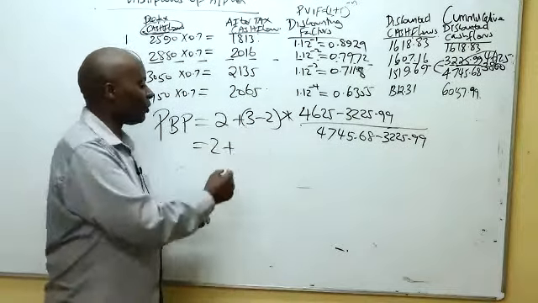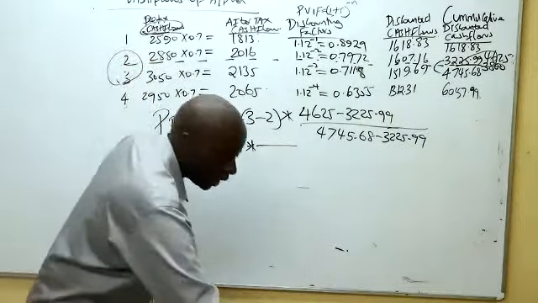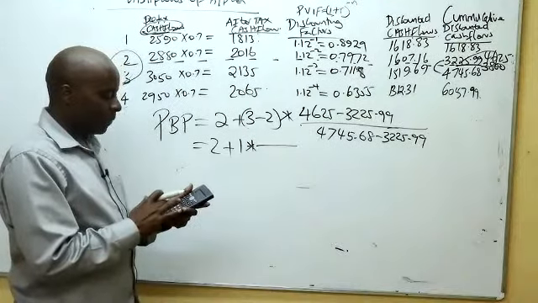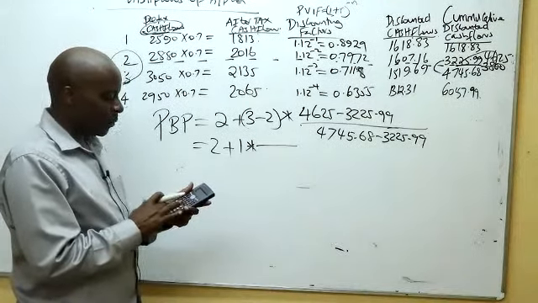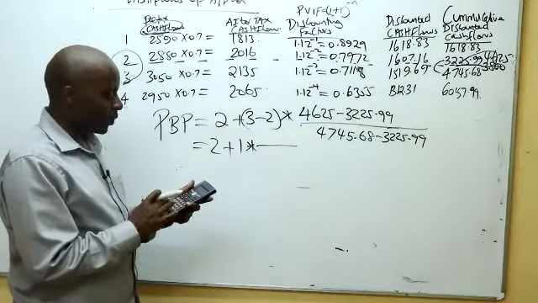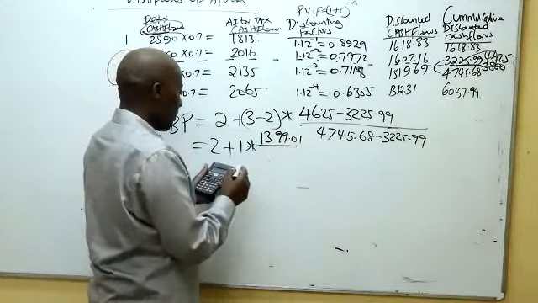3 minus 2 gives me 1 there, times the upper limit. Upper limit, what do we have? Upper limit, we have 4625 minus 3225.99, which gives me 1399.01, all over